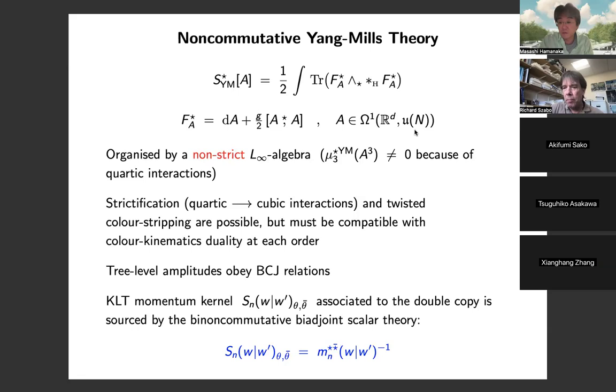Can I have a question? Yeah. So is it possible to realize this homotopy algebra theory to